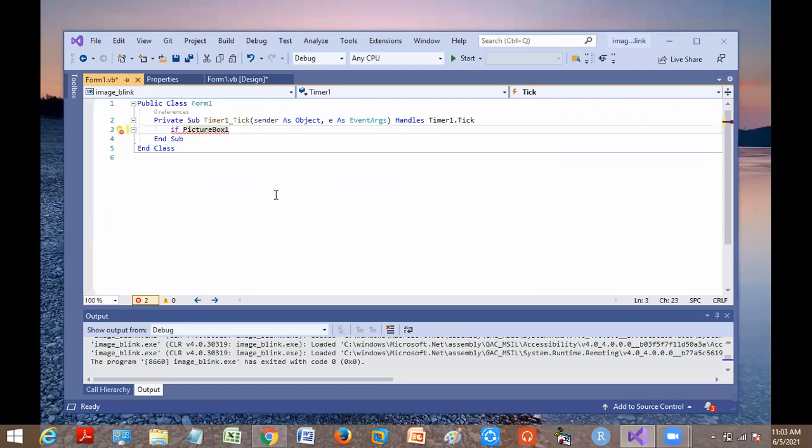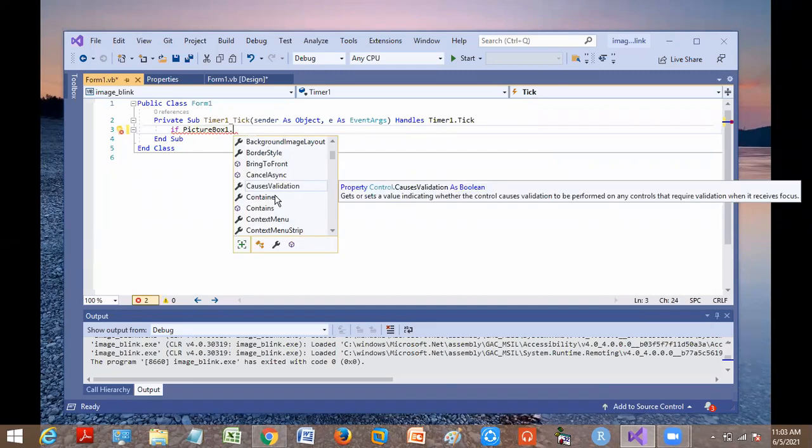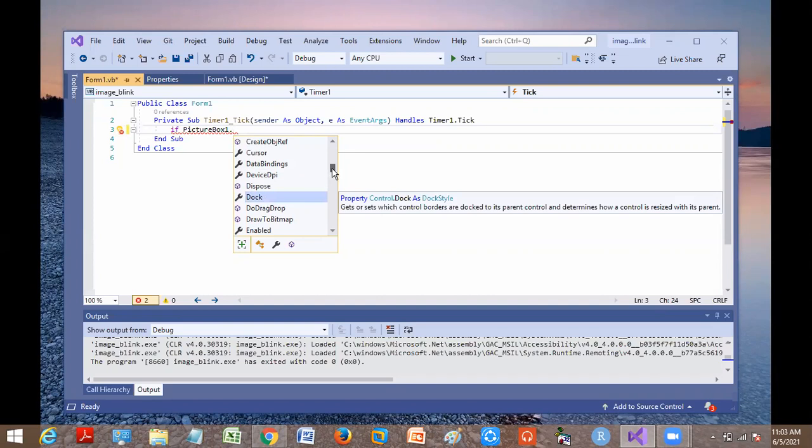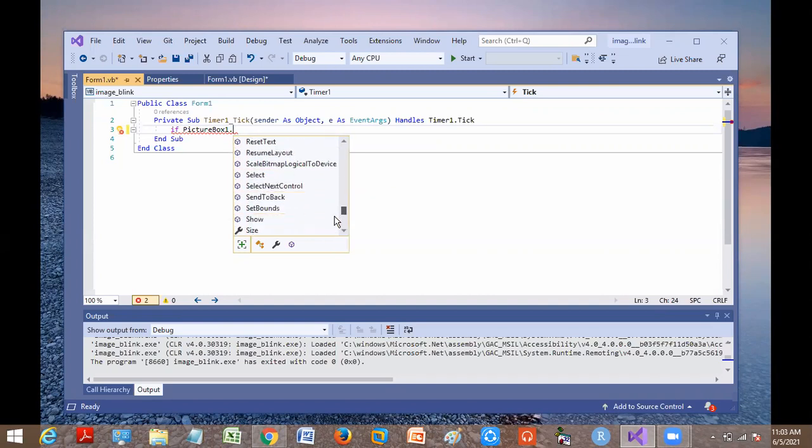Dot operator. Very good. By using a dot operator, picture box 1 dot. Now can you see it is giving the different properties. This symbol says the properties, and this symbol says the events that are being related. So it is giving the different properties and events associated with picture box 1. Can you see it? Yes, ma'am. Out of these properties, which is my required property now?